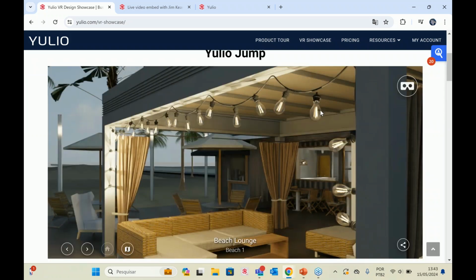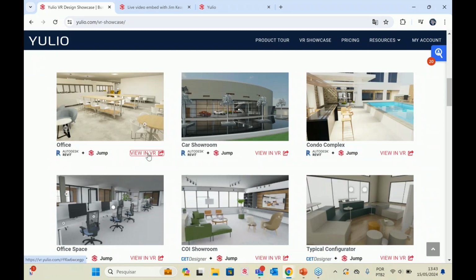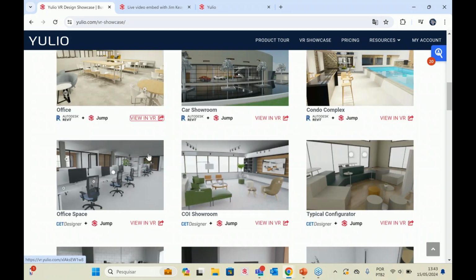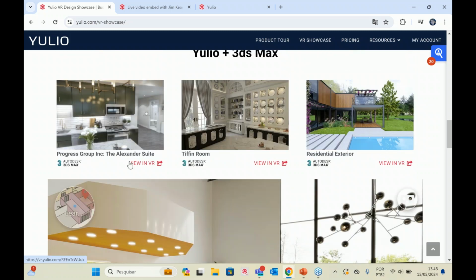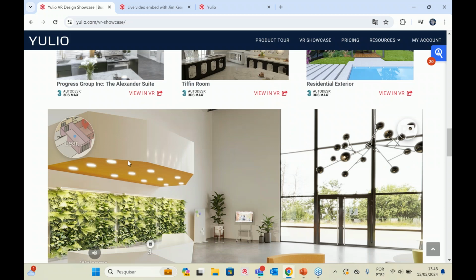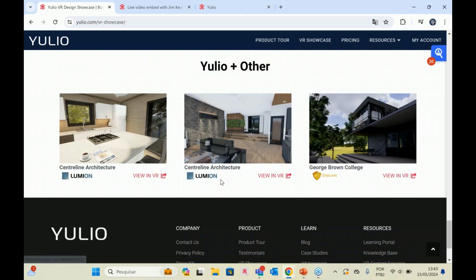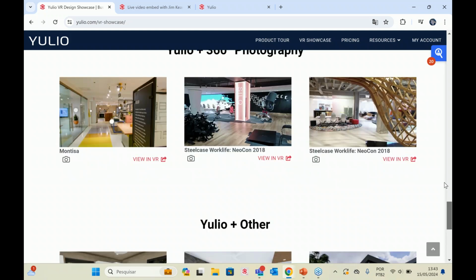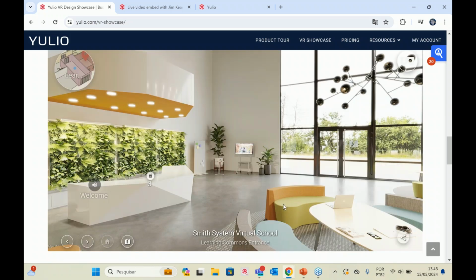As I said before, Yulio has a link with Autodesk Revit, CET Designer, SketchUp, 3ds Max, Rhino, and also Enscape and Lumion. So you can come to this session and explore a few of the